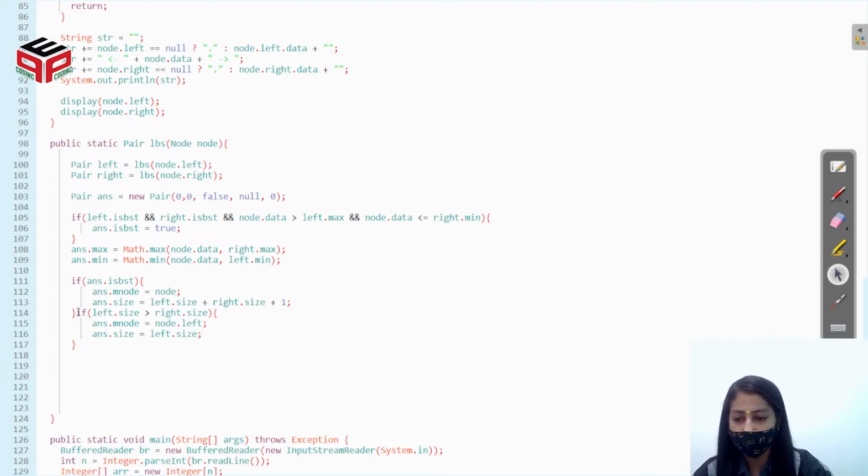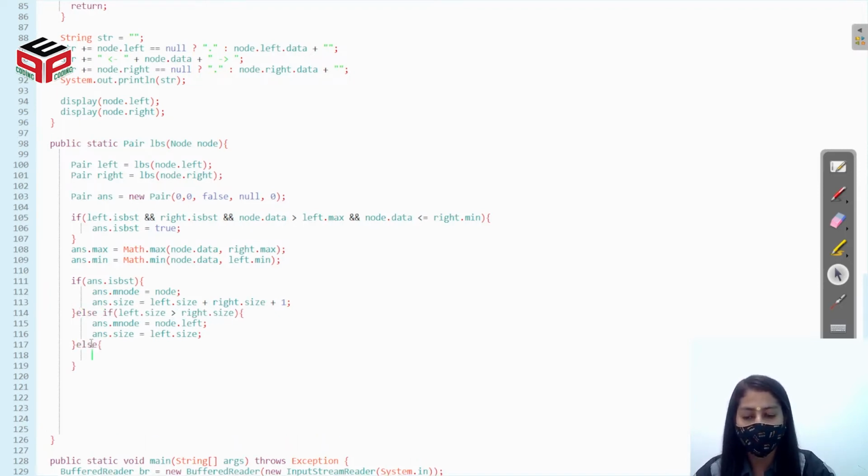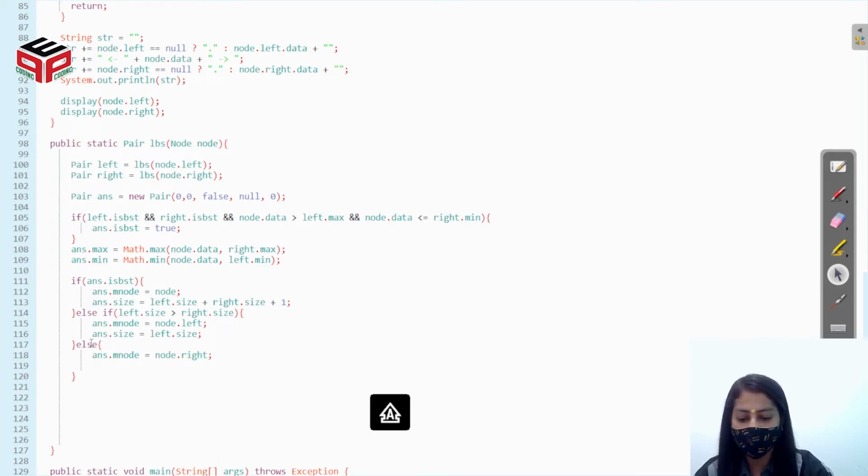This will perform only if the node itself is not a BST. Else the size of the right subtree is greater, so we'll set the maximum node as the right subtree, and the size of the maximum node will be the size of the right subtree.